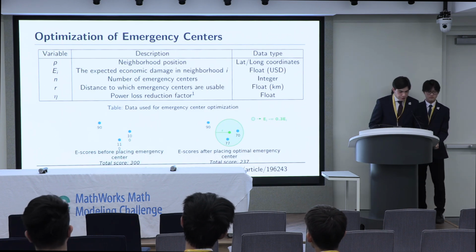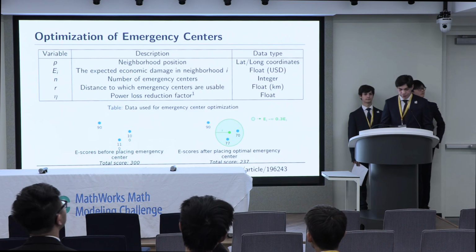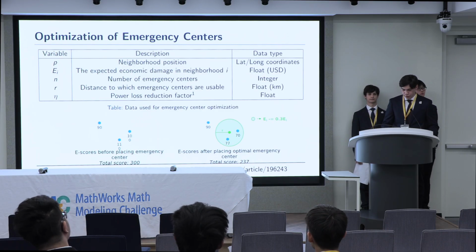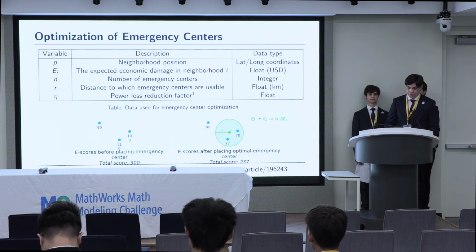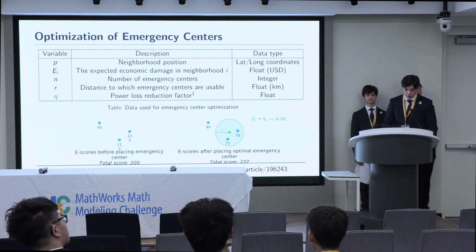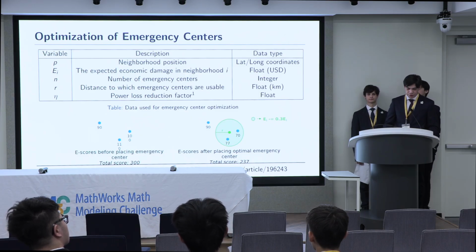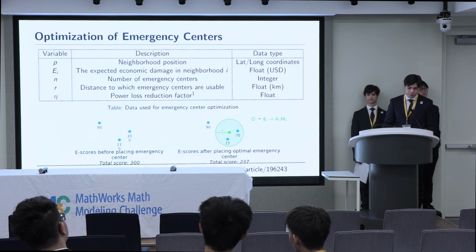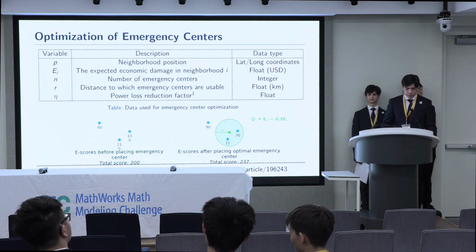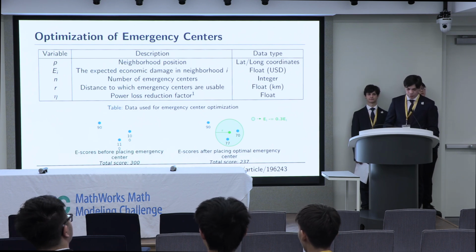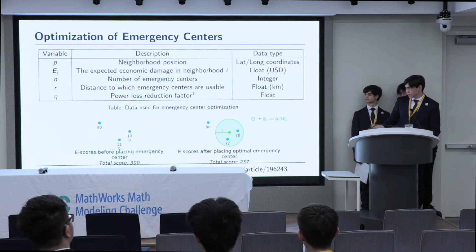So we didn't actually stop at giving vulnerability scores, because this does not tell the local government how to act. And we decided to develop an algorithm which will tell where to place emergency centers. So we're given the position of neighborhoods, E-value, which is the expected economic damage, and N, which is the number of emergency centers. We say that an emergency center is effective if it's placed within distance R from the city. We took R equal to 2 kilometers to be reasonable. Then we reduce the financial loss by 30% if the emergency center is within the radius. This is from US Army power restoration statistics. You can see an example below.